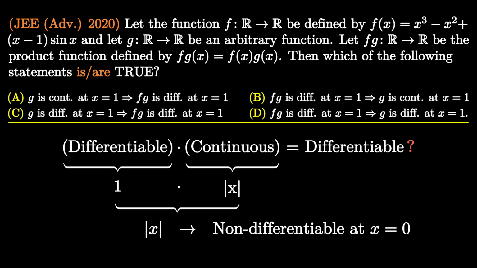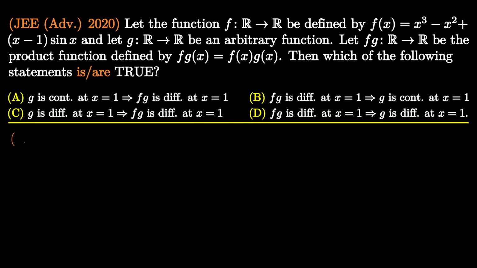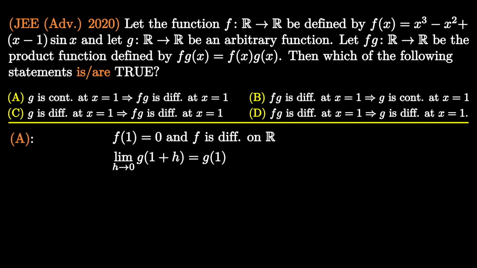It might be possible that the result which is not true in general is true in some special cases. In other words, it might be possible that f(x) has some nice property which makes f(x) into g(x) a differentiable function. So it is worth working with f(x) particularly before concluding option A wrong.